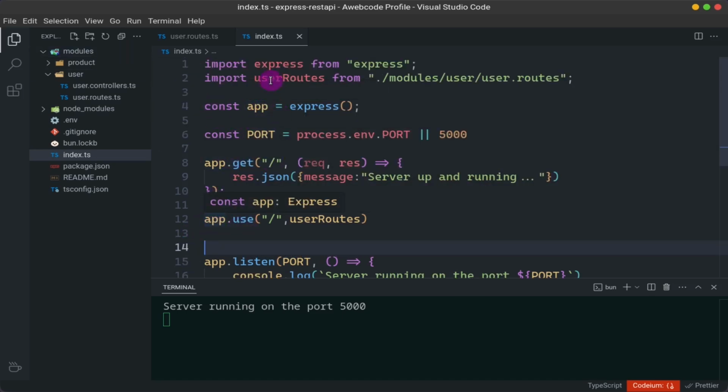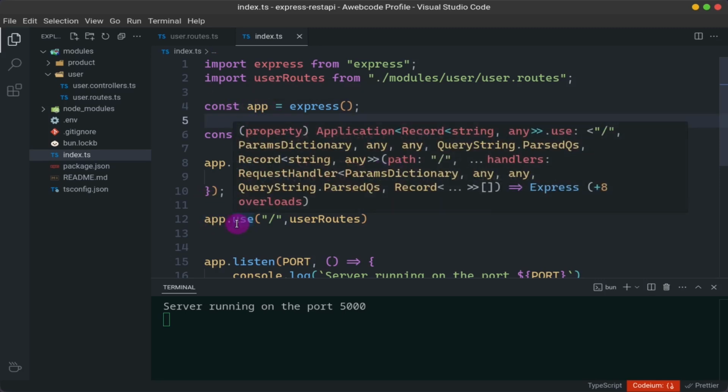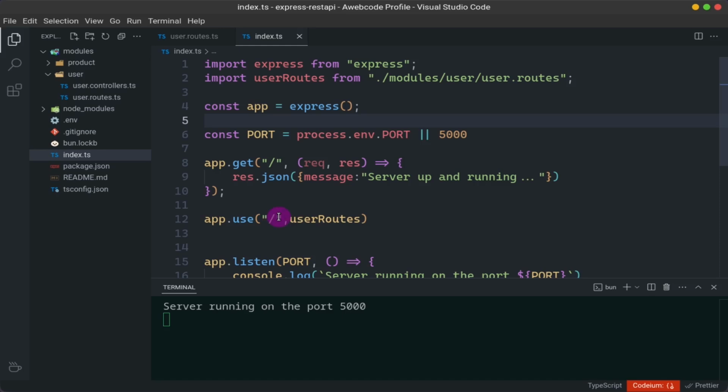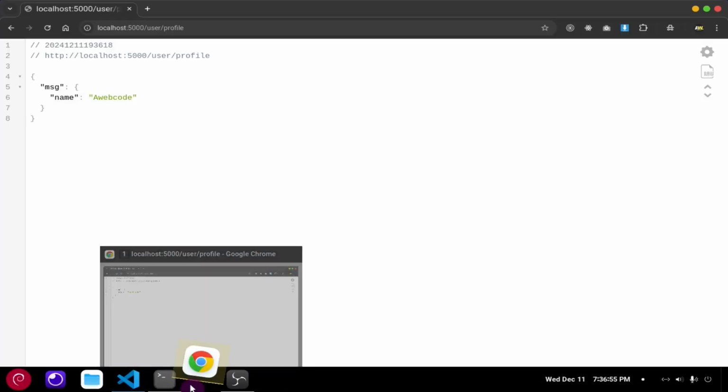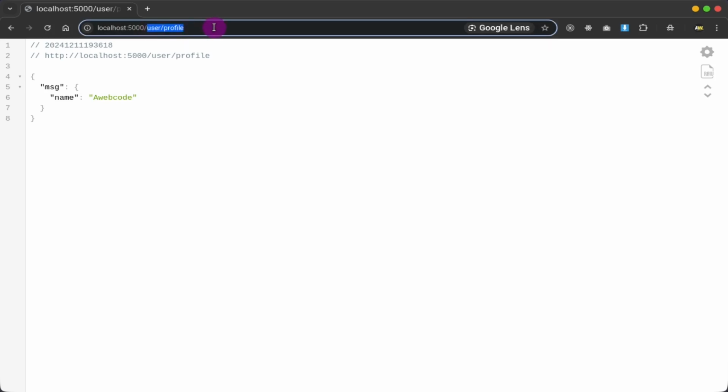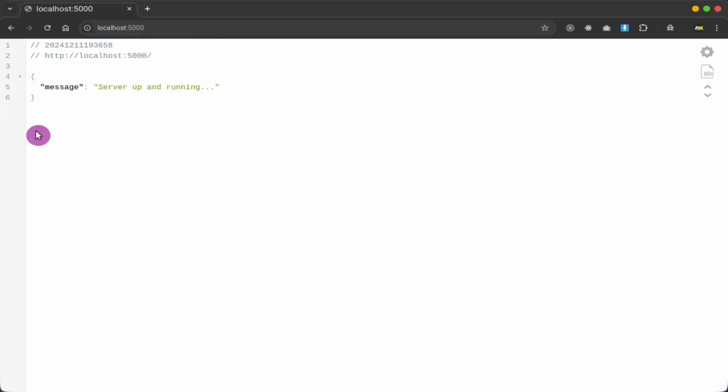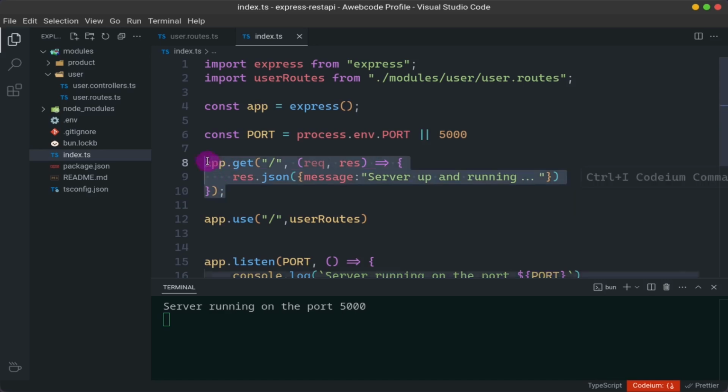So the Express initializer has a use method that we can pass like this slash. That means now whenever we hit slash, so this slash means this is our base URL, but